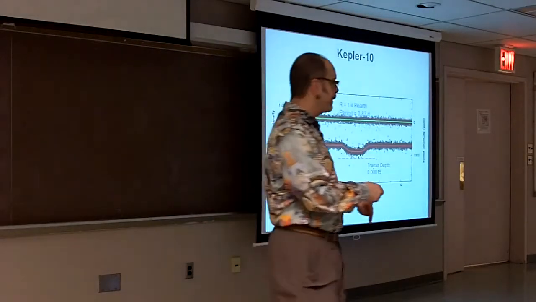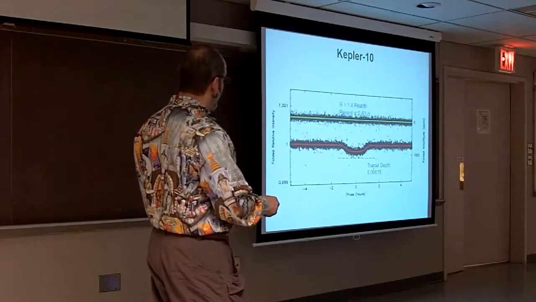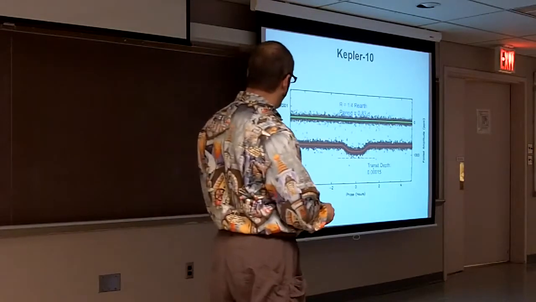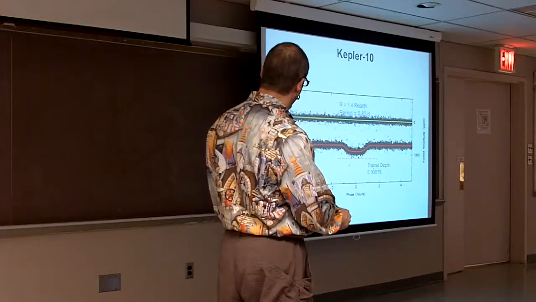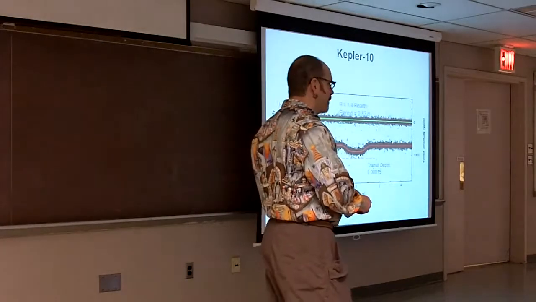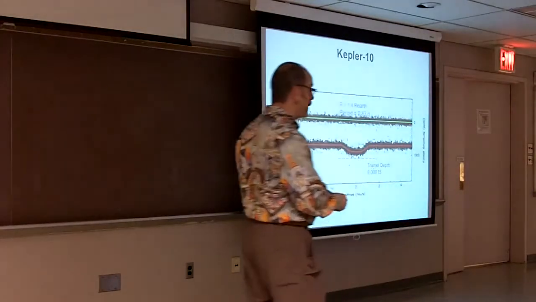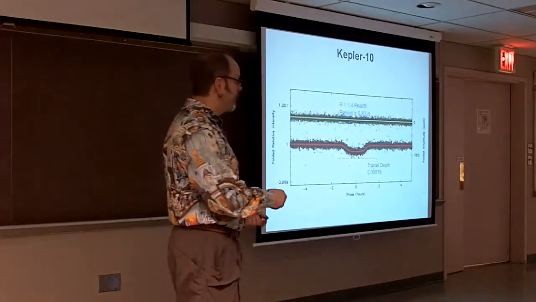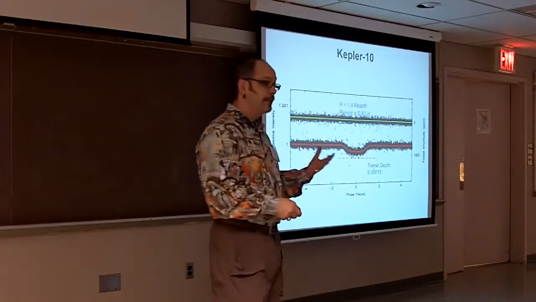Okay, so this is the folded light curve for Kepler 10. It's 1.4 Earth radii, in a 0.83-day period orbit, and this is the model fitted to the data. The transit depth is 0.00015, so this is 150 parts per million. So this is pretty darn good. No photometry this good has ever been done. So Kepler is really performing phenomenally,